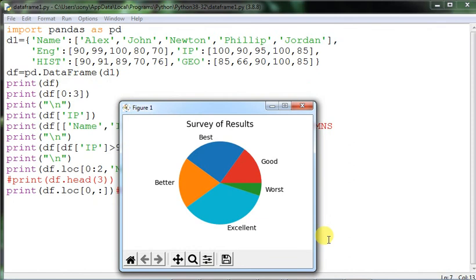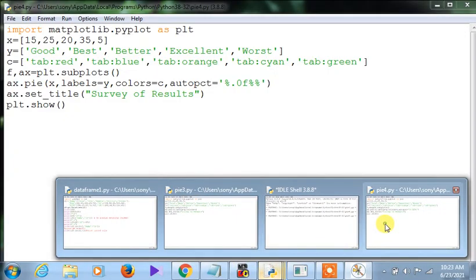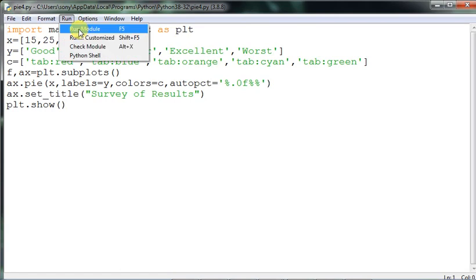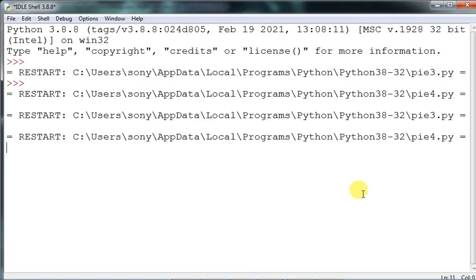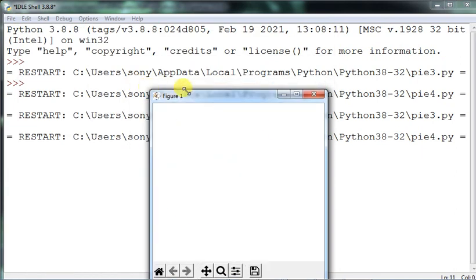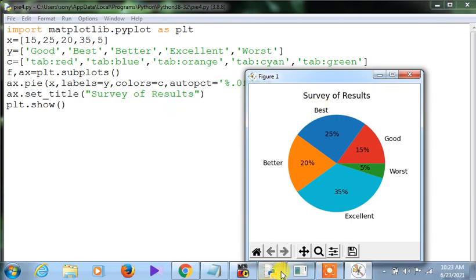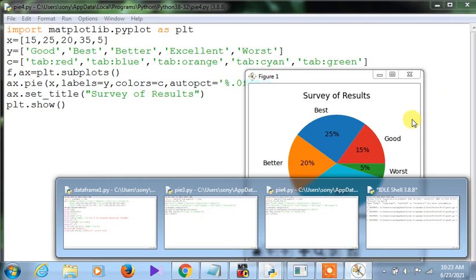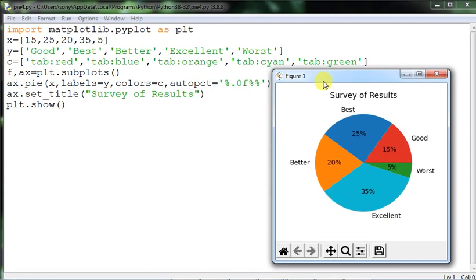Let me go to the other one. Now you see out here, not this one, sorry, this one, and then another one where it is here, auto PCT. I'm just executing this. Now you see the difference of this one. Let it come once. Yeah, so now you see the difference surely out here. The difference is visible out here. So what is the difference? In the last pie chart we could not see this, now it is appearing because of this auto PCT attribute.